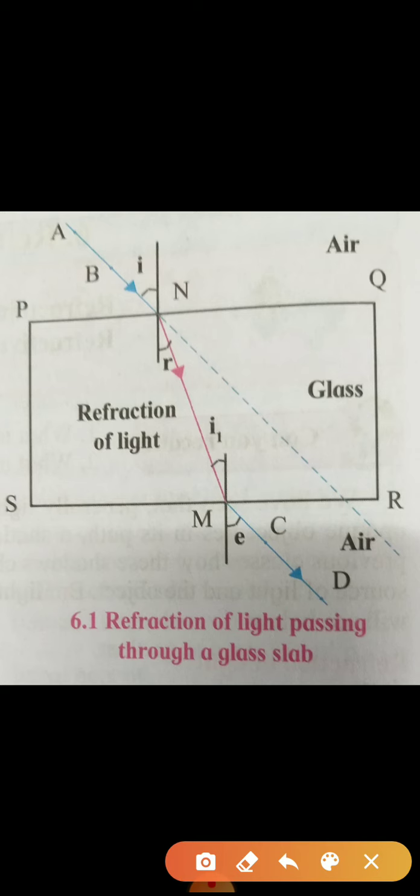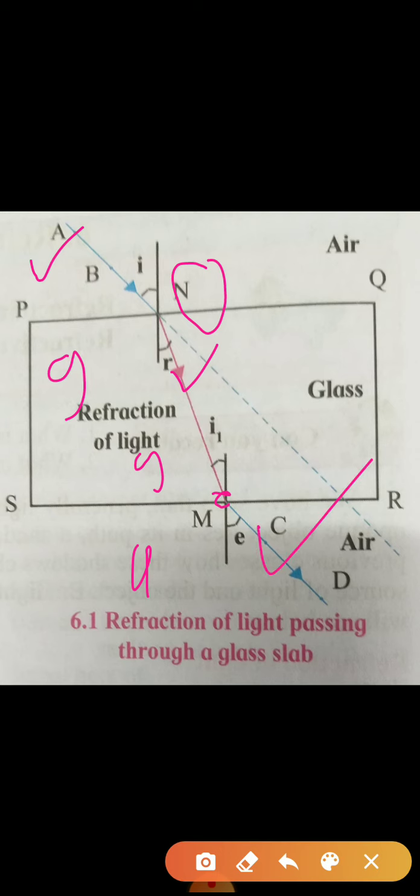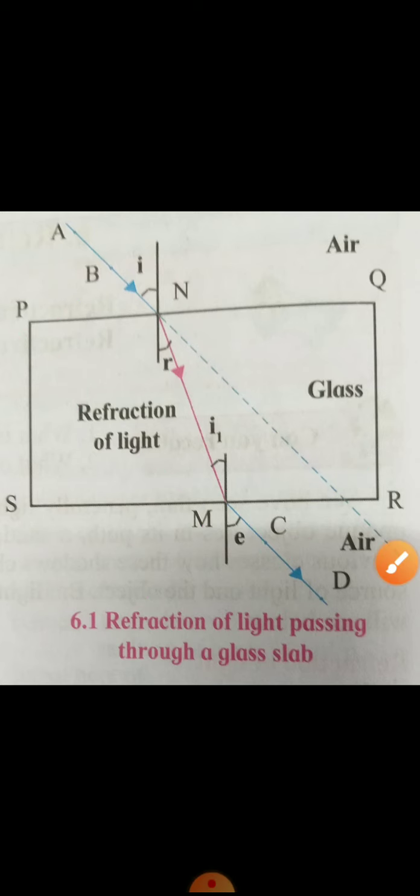The second refraction occurs when light enters air through the glass at point M. Yes, here. First refraction occurs at N. In the first refraction, this is the air medium and this is the glass medium. And the second refraction is what? This is the glass medium and this is the air medium. Now this is the incident ray here in the second refraction, and this is the refracted ray. So the second refraction occurs at M on which side? SR. First refraction occurs on the PQ side at N. So remember, this is double refraction here.